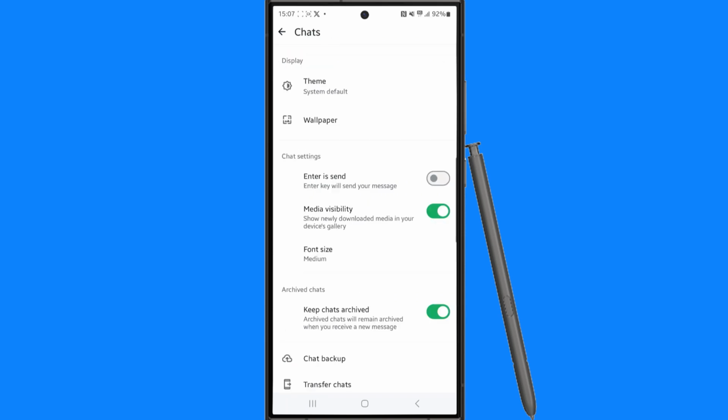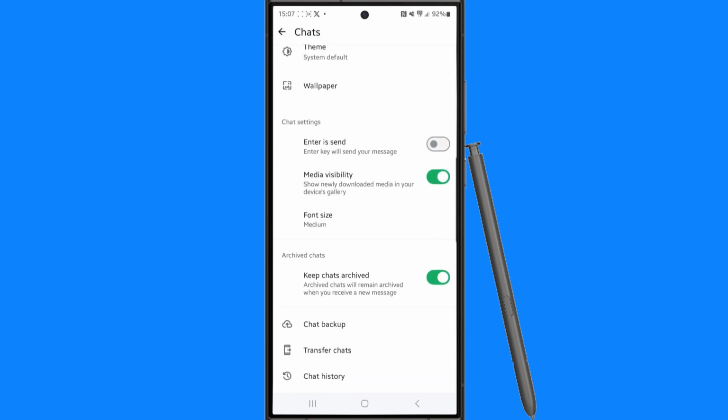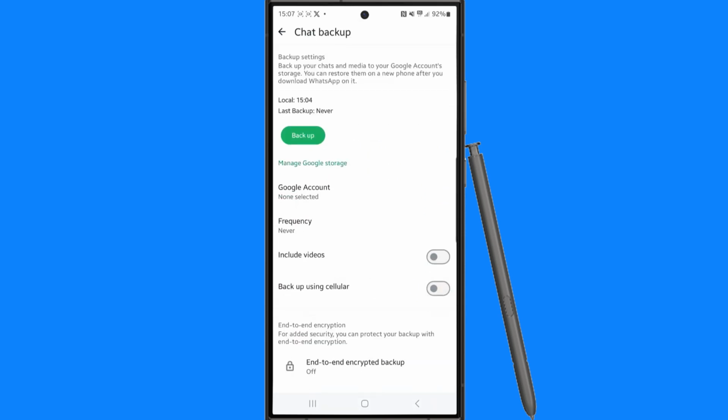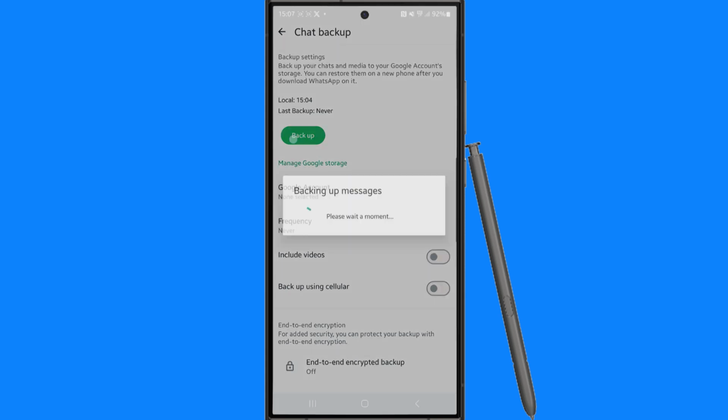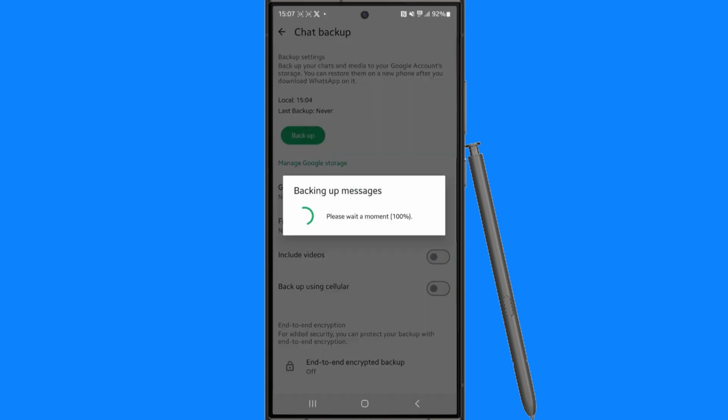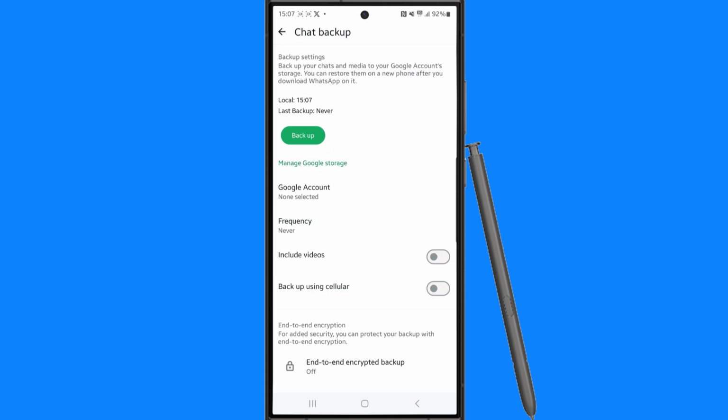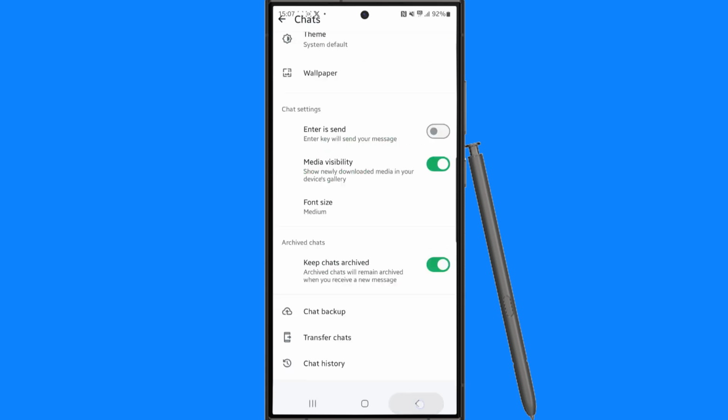Now once you select chats, you will need to go to the bottom, click on chat backup, and here is where you want to click on the backup button. Once you click on this, it will take a couple of seconds to a couple of minutes just to back up your chats. And then from here, to locate the view once photo or video, we need to head on